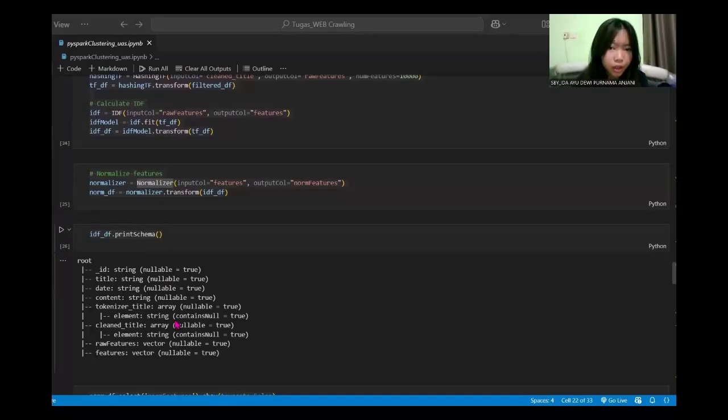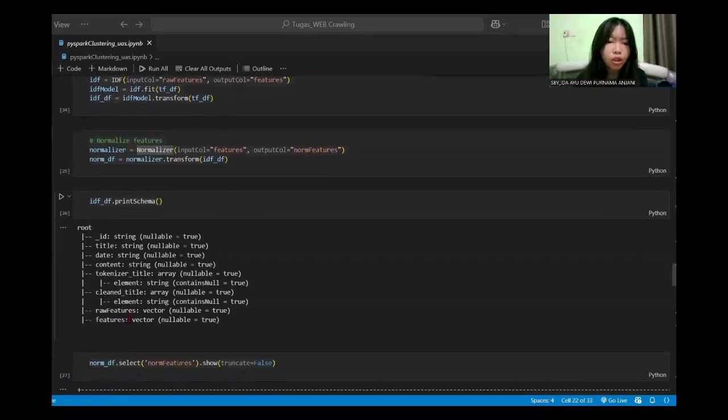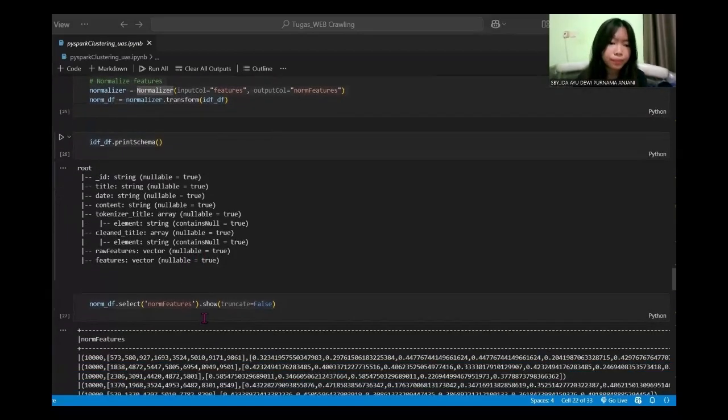The raw features column holds sparse vectors of term frequency (TF) values, and the features column contains sparse vectors of TF-IDF values. Each column is nullable, allowing for missing values in the data.